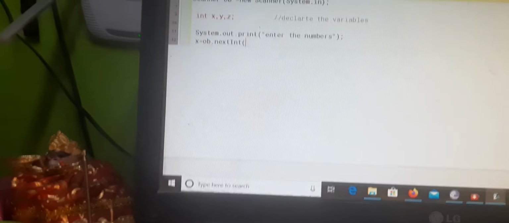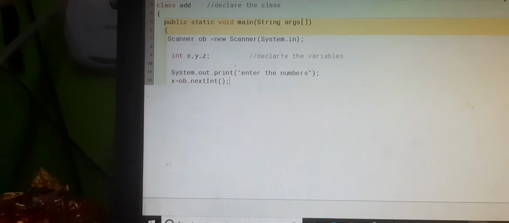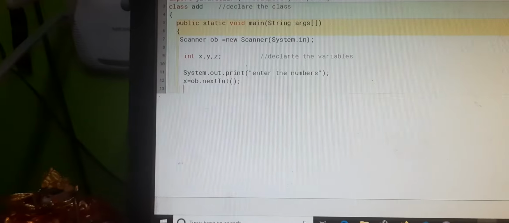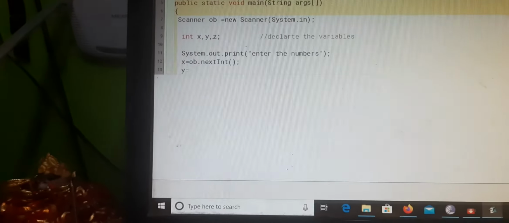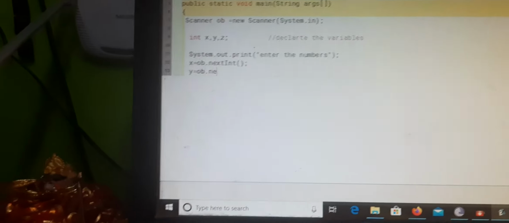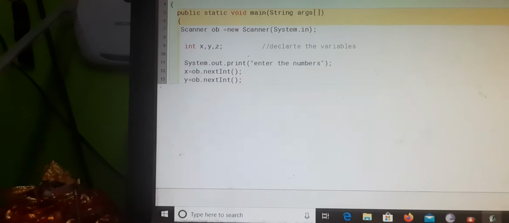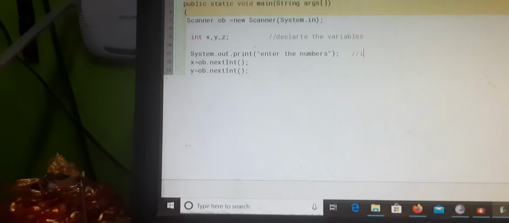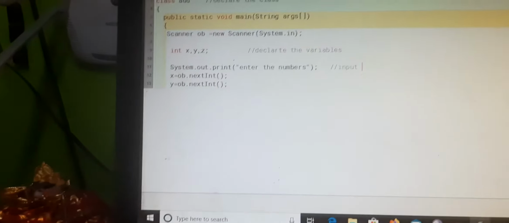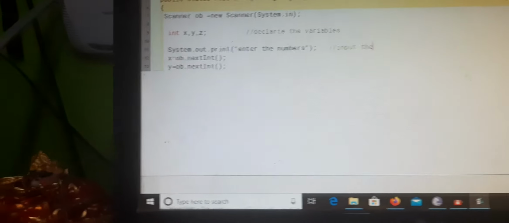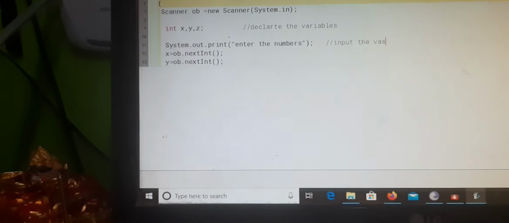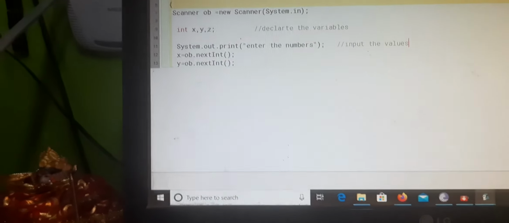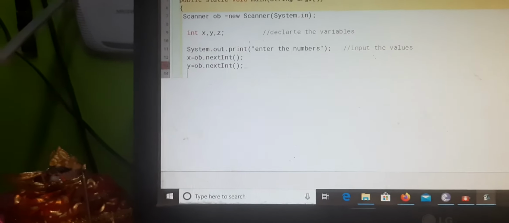As I told you, this is the main purpose of the scanner class. Beside it we can write a comment, input the values. Not every segment, but some segments we have to highlight so that any other user might understand whatever you want to do.